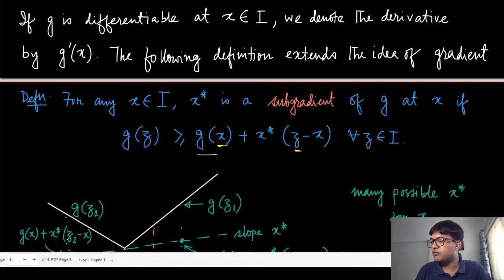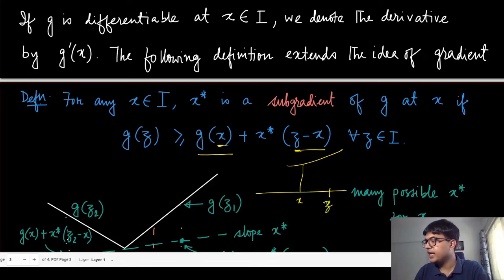Suppose I have a point like x somewhere, and I'm trying to find out the value of this function at a different point, let's say z, and I multiply the difference z minus x with a constant quantity x star,